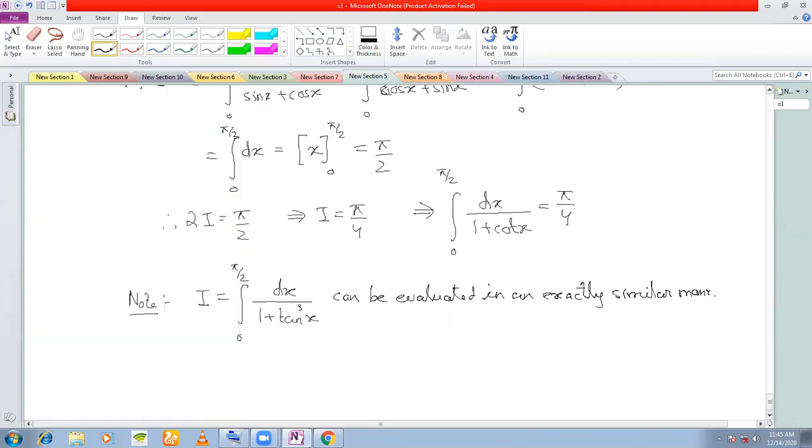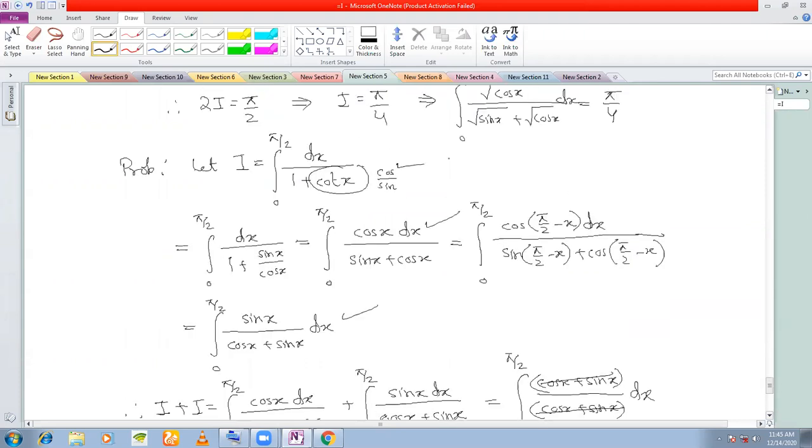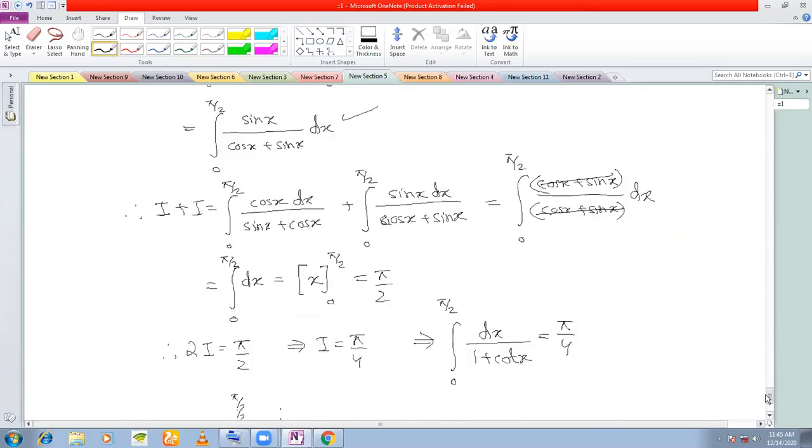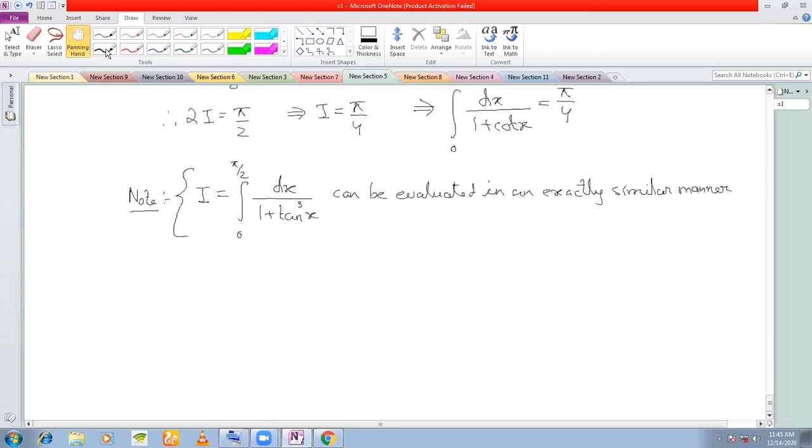So Amir, as I said, if you see 1 plus tan cube, I had evaluated integral dx by 1 plus cot x in the last class. This problem also, integral dx by 1 plus tan cube x, you can evaluate in an exactly similar manner if you change tan to sine by cos. So I'm not doing this. You can do it in an exactly similar manner. The next problem that I want to discuss is